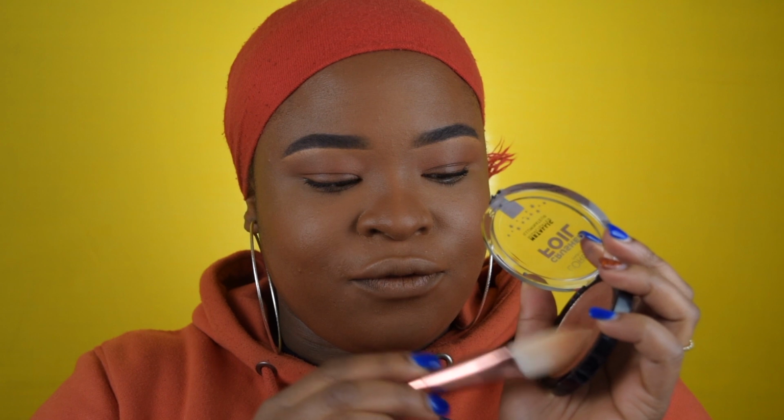Like I said before, this product is very smooth and buttery. There's not much of a powder fallout from it, but yeah, so I still have to tap away. And the first glide goes to,